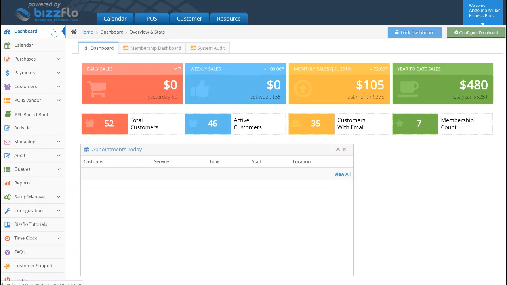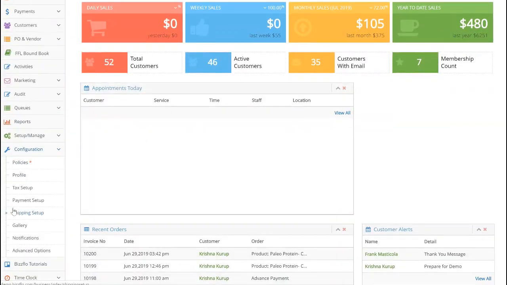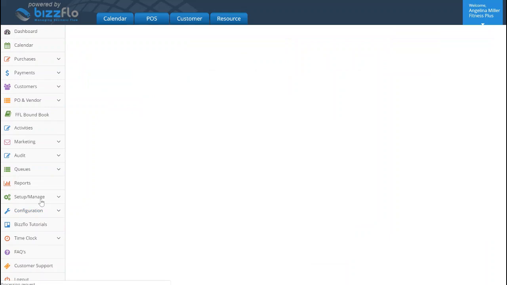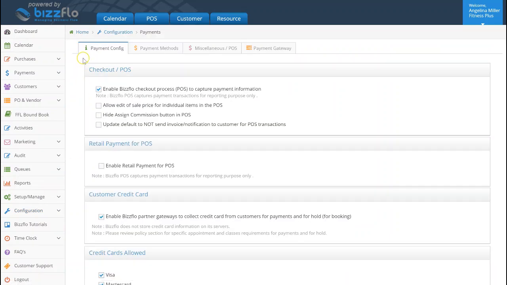Let's get started. Starting from the dashboard, head over to the options on the left and hover over the Configuration tab. From here, click on Payments from the drop-down. Once you have arrived at this screen, the first tab, called Payment Configuration, is where we will be setting up